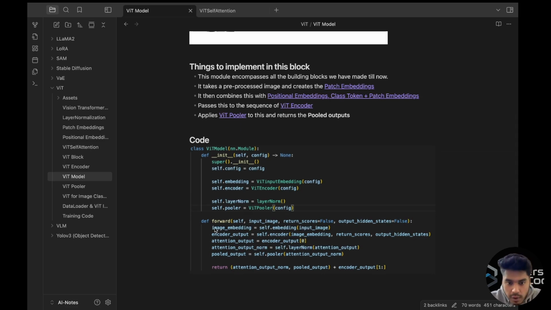Now, in the forward function, it's as straightforward as it gets. Image embeddings is self.embedding of input image. We get those embeddings, pass them to an encoder, get the encoder output, and take the first index of the encoder output, since that is the output and the others are probably attention scores and all the hidden states and stuff. Attention output norm is when we pass this output to a layer normalization, and then we take the attention output norm, pass that through the pooling function which we just created, and take the pooled output